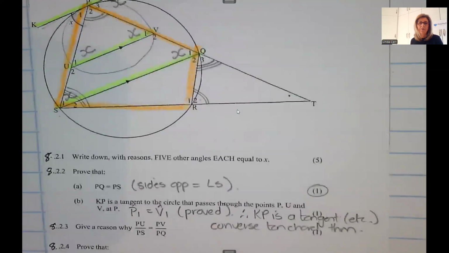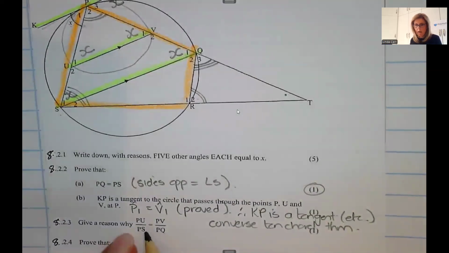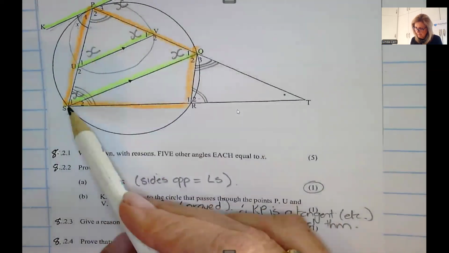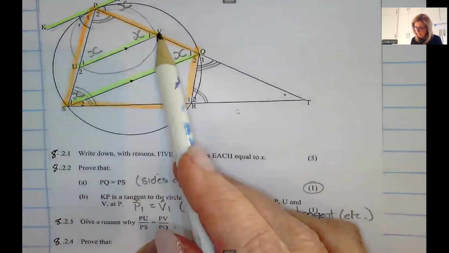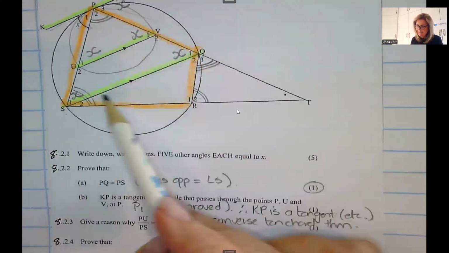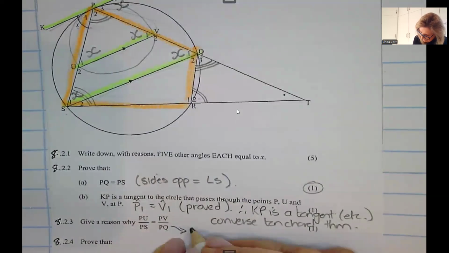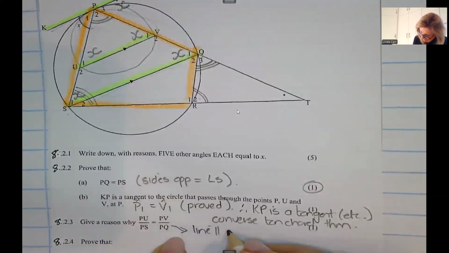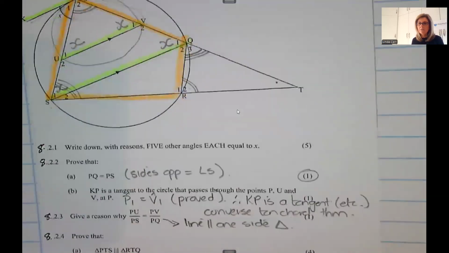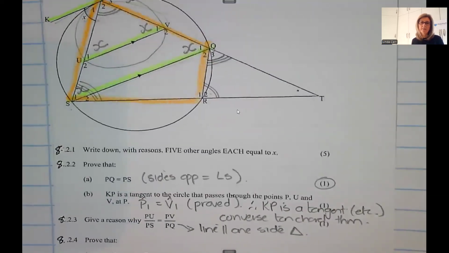Okay. Now, give a reason why PU over PS is the same as PV over PQ. That is absolutely classic proportionality theorem. So our reason there is simply line parallel to one side of triangle. All right, so those little 1 mark questions are there just to alert you to certain properties in this particular